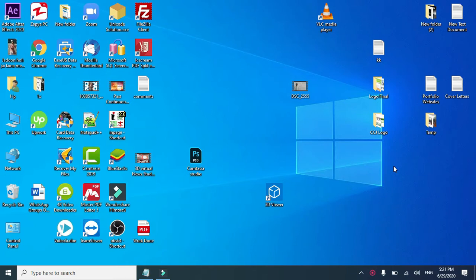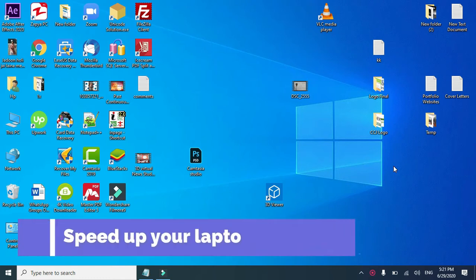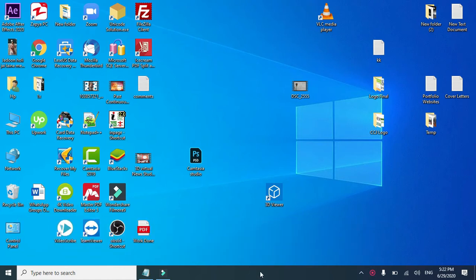Hi, today I am going to show you how to speed up your computers and the solution of hacking the laptop. So first of all, open the task manager